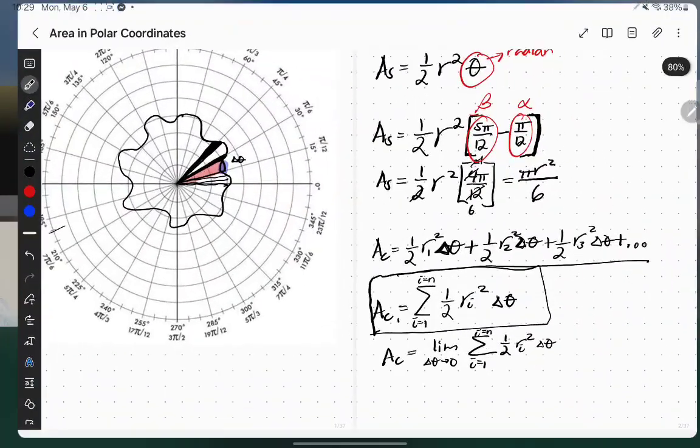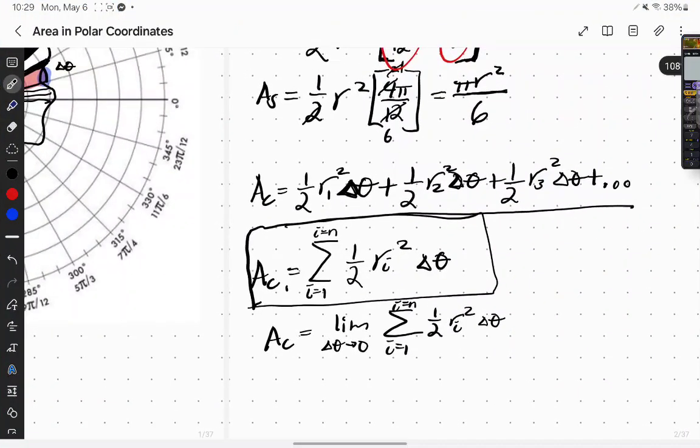And by the fundamental theorem of calculus, we now know that the area of the curve is equal to the definite integral of 1/2 r squared d theta from alpha to beta,